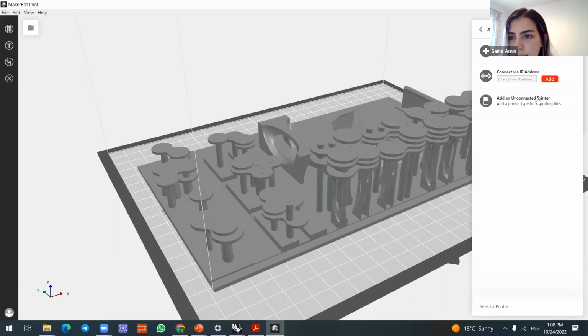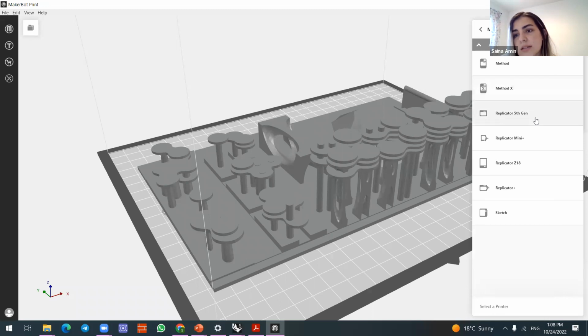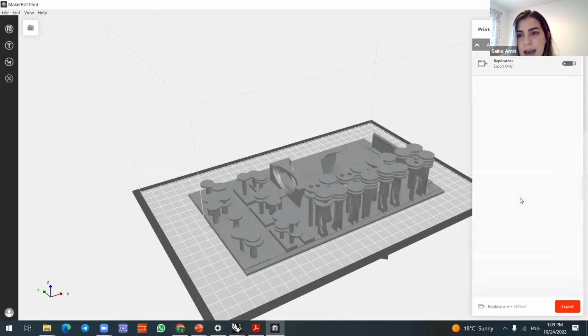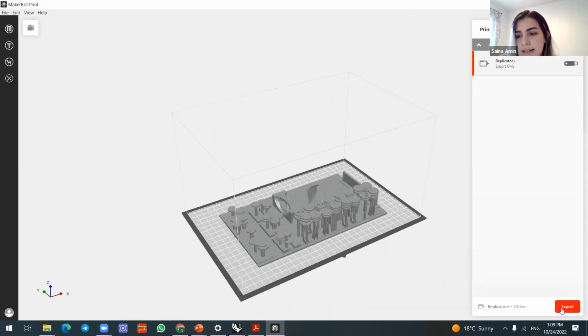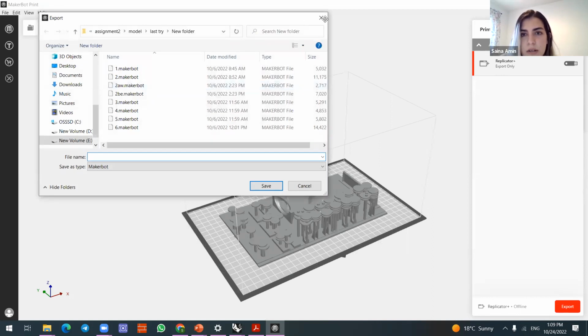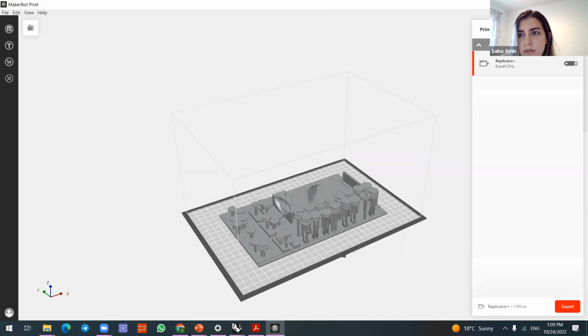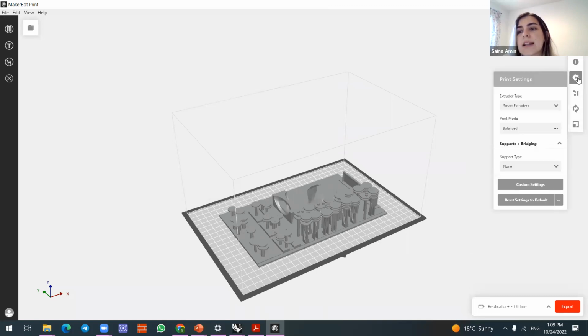I think we don't have connection in the lab, so we can't go for the connected one. We go for the unconnected, and it's the types of the machine that we have. So we select it, and now I don't need to export. Okay, now as you can see, I can select another tabs that are here because these are depending on the